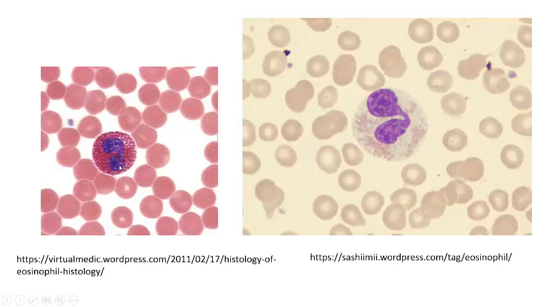This looks like a monocyte nucleus. You're going to see monocytes on the next slide, but we can definitely tell it's an eosinophil because of the granules. Over here, this looks like an eosinophilic nucleus, but you can hardly see the red staining granules, so you're like, what is this? This wouldn't be the best specimen for a lab practical, so I probably wouldn't use it. But if you're like, what cell is this? It would be an eosinophil because of that